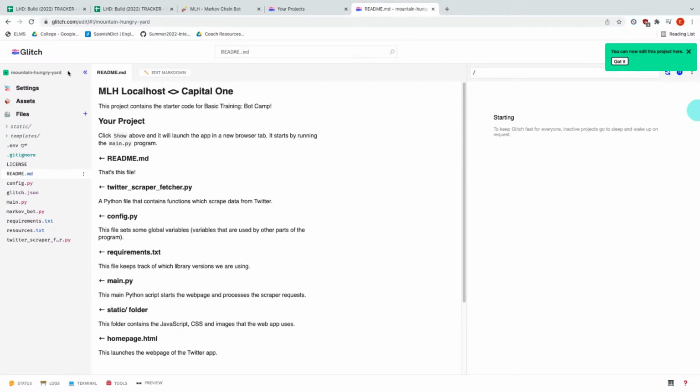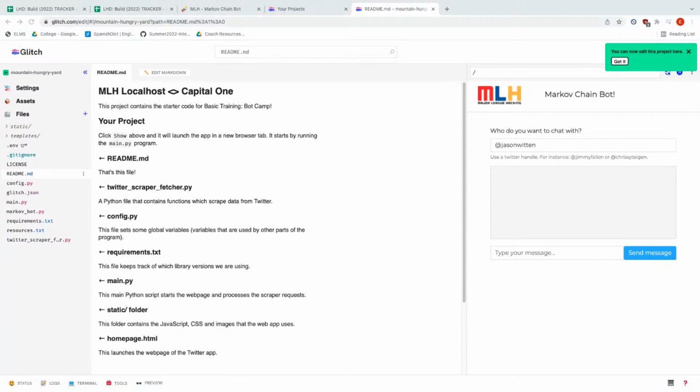So that's created a Mountain Hungry yard for me. It might make something different for you. So now that we have the code, what we need to do is explore it. I'm just going to look through it with you. So what files are in this project? We have the